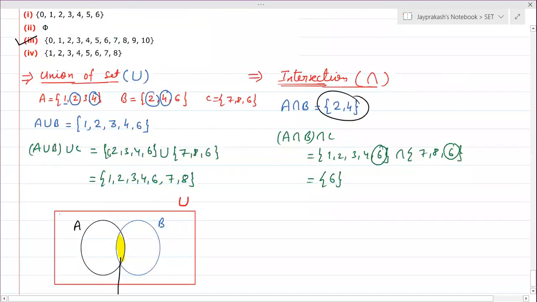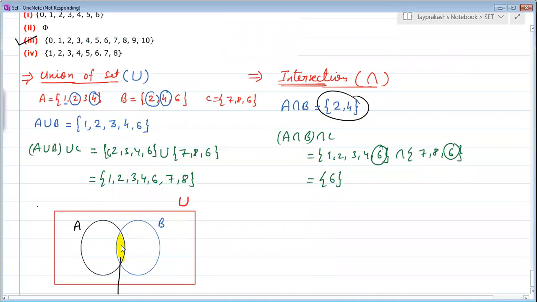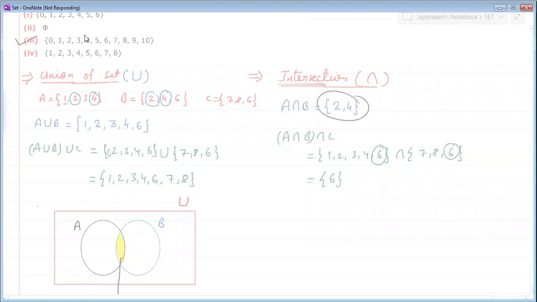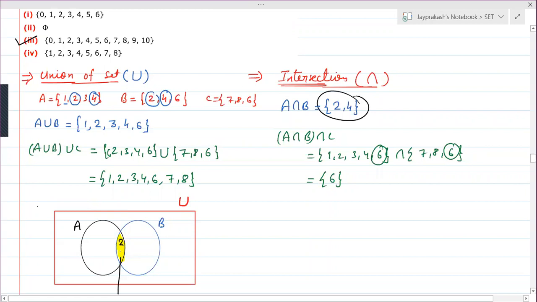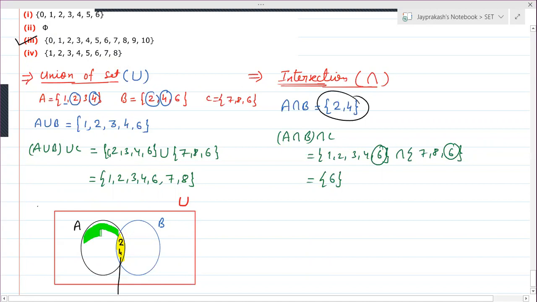So we will write here 2. Okay, it is not allowing me to write because of the shaded part. Okay, now 2 and 4 are inside the intersection. Why is it the intersection? Because 2 is in A as well as in B. Now in the second portion, this side, we will write the remaining elements from set A. So which elements are remaining?